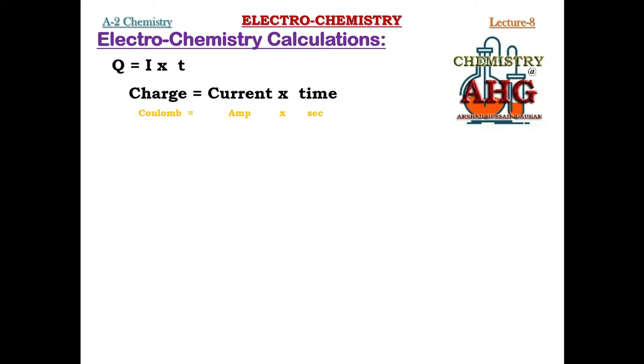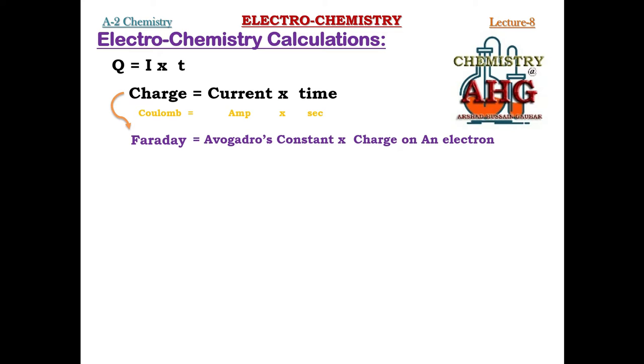But sometimes we use a larger unit of charge. What is the larger unit of charge that we use? It is Faradays. The larger unit of charge that we use commonly, it is Faraday. Now how can you remember what is Faraday? There are three different ways by which you can remember what is Faraday. One way, you can write down Faraday's, it is equal to Avogadro's constant into charge on an electron. So this is one way to remember what is Faraday. It is the Avogadro's constant multiplied by charge on an electron.